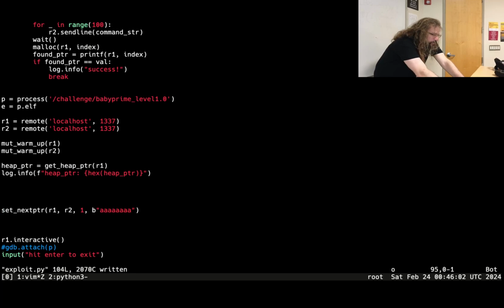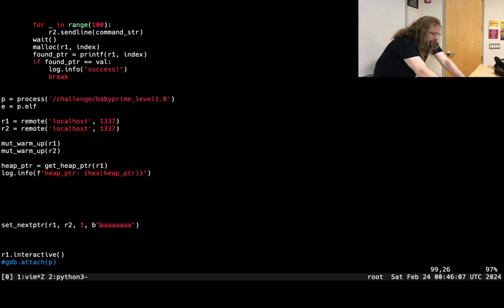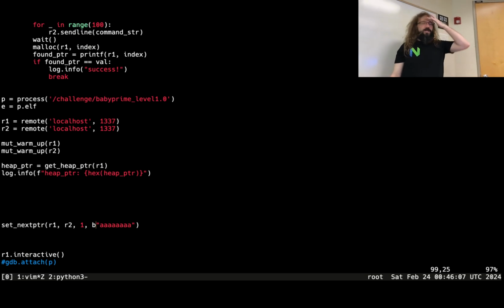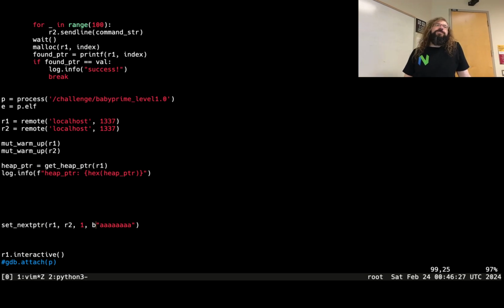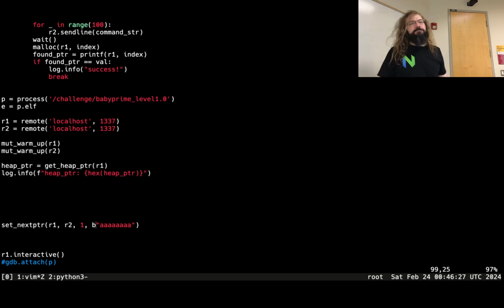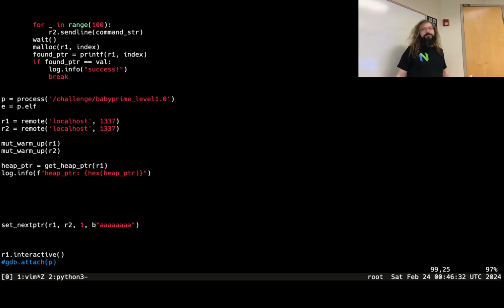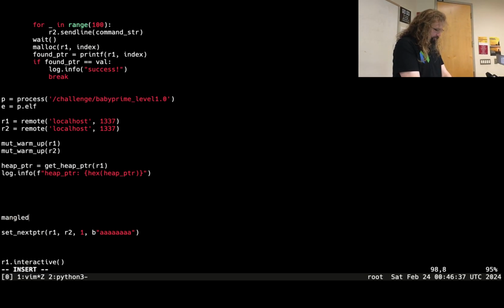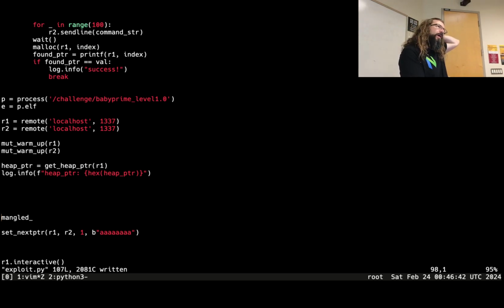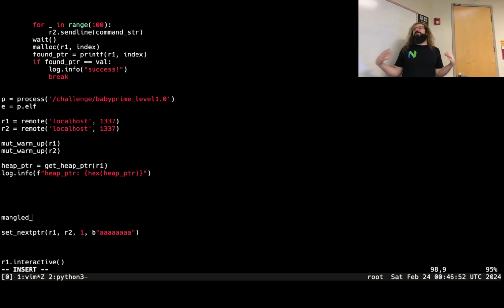Then the value that I want to write. This is again a design choice on your part. Do you want to write the literal bytes, or do you want this next pointer thing to deal with safe linking itself? Because if I just write the raw address, it's going to fail when I try and malloc it. I need to write a mangled value. I'm trying to think if there's a case where you don't want to mangle the value. In our use case, there isn't. Theoretically, there may be some point where I already have something that's mangled, or I need to do some greater manipulation, where it's not just a simple